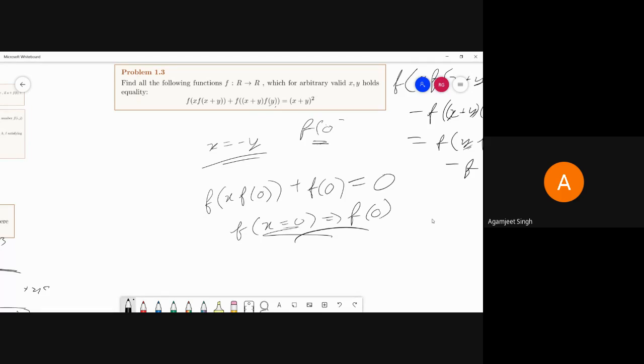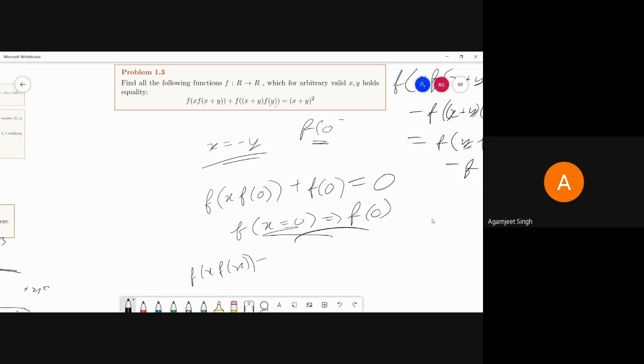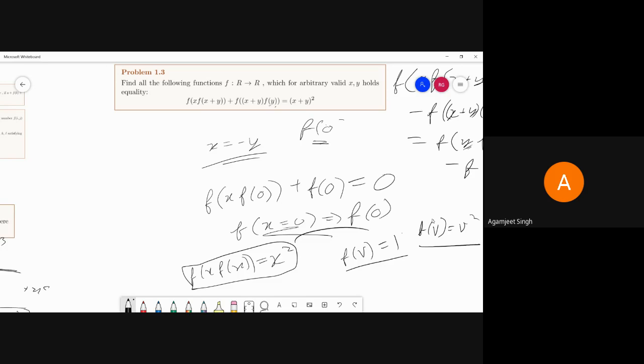Wait, how is u square 0? We just use that f of f of x is equal to x square. This is just a common substitution. If we let v such that f of v equals 1, then we get v square equals 1. So v is plus or minus 1. If v equals 1, then f of v equals v square. I think we will then split into f of v equal plus minus 1, and then we will get the solution f of v equal plus minus v, where v equals plus minus 1.